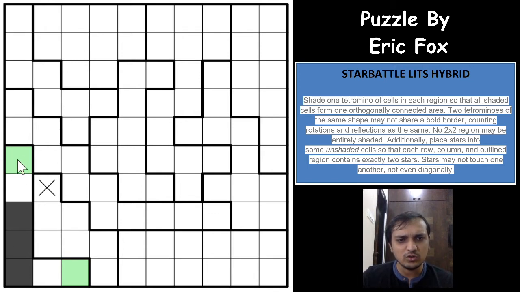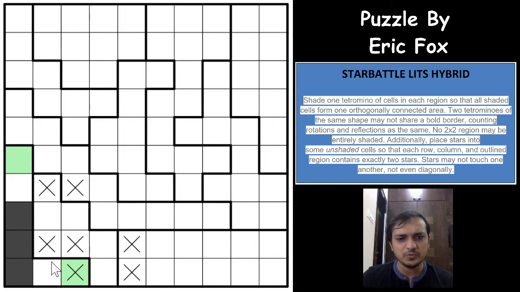one of these 2 cells will be a star and one of these 2 cells will be a star. So again, according to the star battle rule, when you have 2 adjacent cells, one of the 2 adjacent cells being a star, these 4 cells can be marked as not being a star, right? An easy one, right? So these are not the stars, which means that one of these 2 cells will be a star and one of these 2 cells will be a star for this region. So we can cross out these as well.